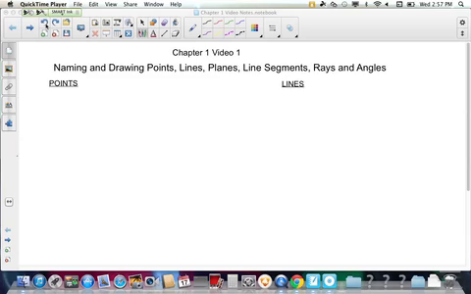And today we're going to talk about the first and probably the most important part of this class in general, and that is the naming and drawing of points, lines, planes, line segments, rays, and angles. We're going to basically look at how we're going to name these things. How do you draw these things? This is going to be stuff you're going to use for this entire book, for this entire class. So this is one of the most important